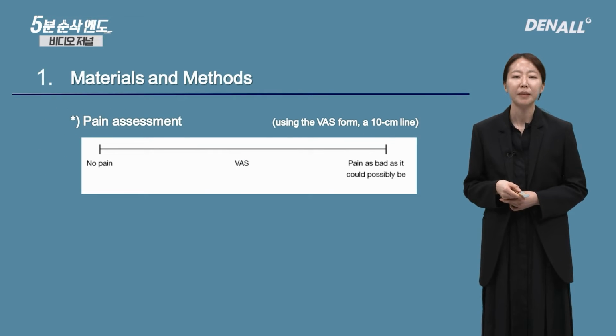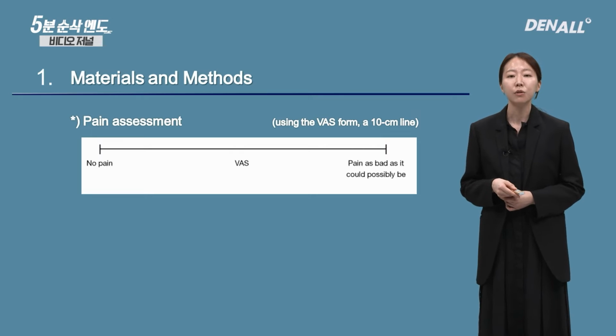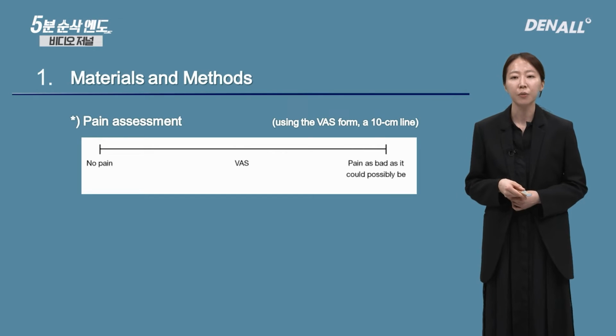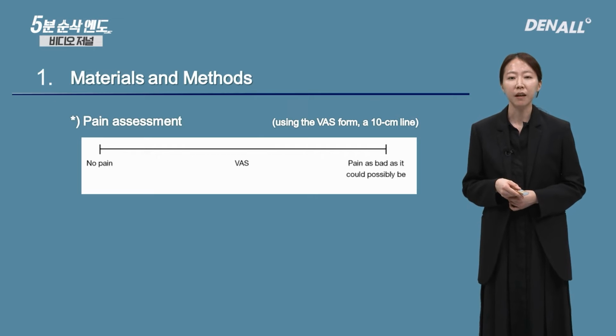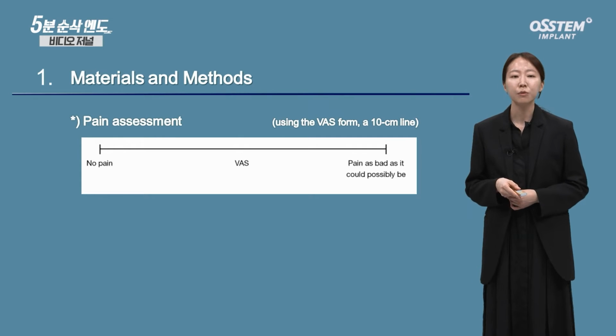The study was done on 579 patients who visited the conservative dental department in Ewha Women's Mokdong Hospital from May 2016 to May 2018. The VAS scale was used to statistically look at the pre-op and post-op pain. On the left is no pain, on the right is the unimaginable amount of pain. This was explained to the patient and the patient was to mark the level of pain. Pre-op pain assessment was made.